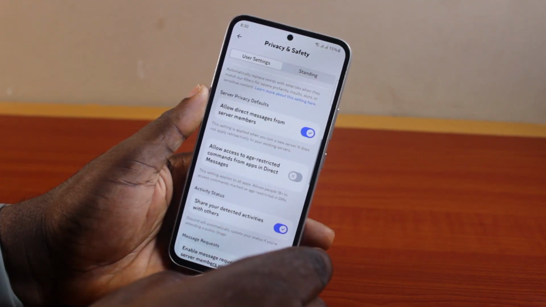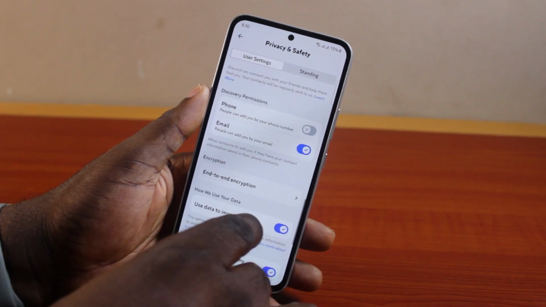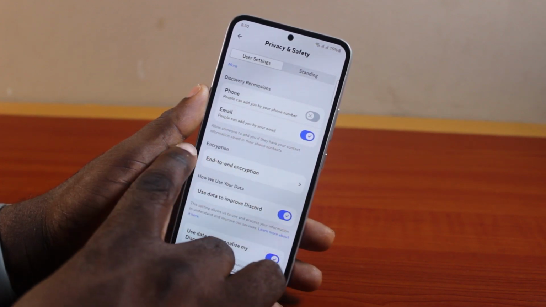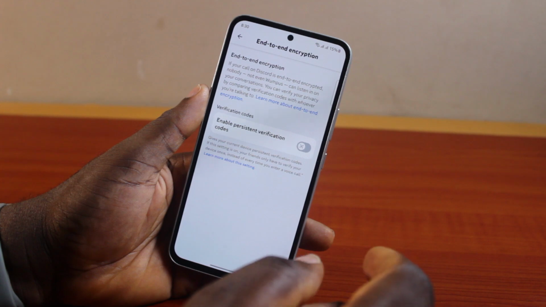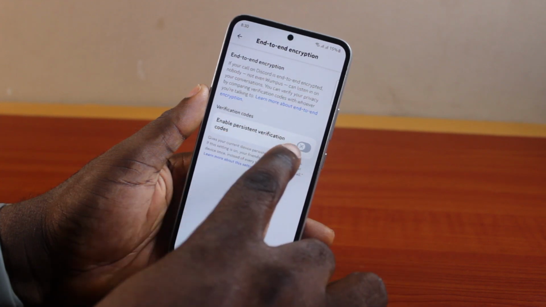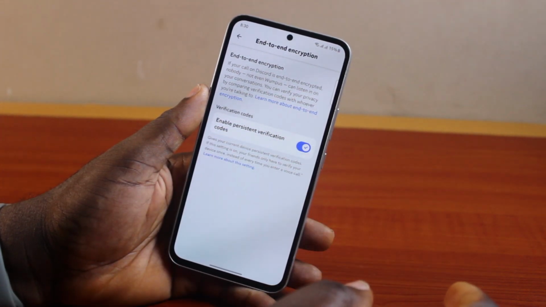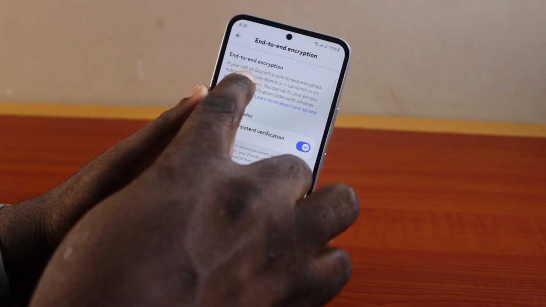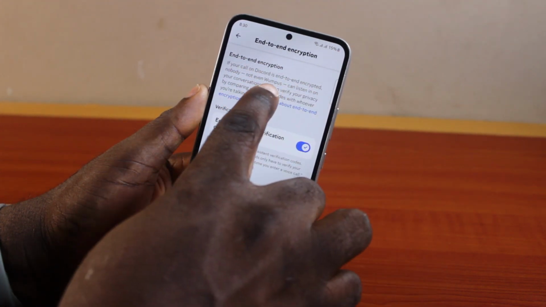Then scroll down the page. Just keep scrolling until you see end-to-end encryption. Under encryption, click on that. Then here you see Enable persistent verification code. Turn this on. And then end-to-end encryption, if your call on Discord is end-to-end encrypted, not even one person can